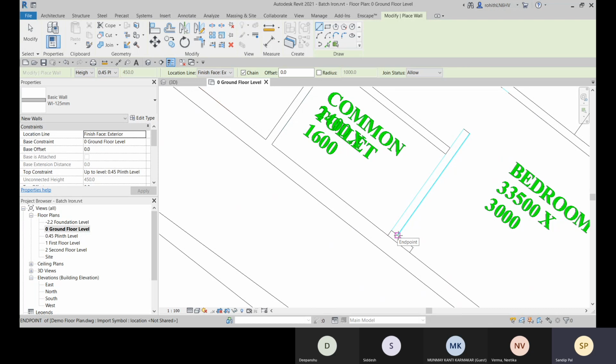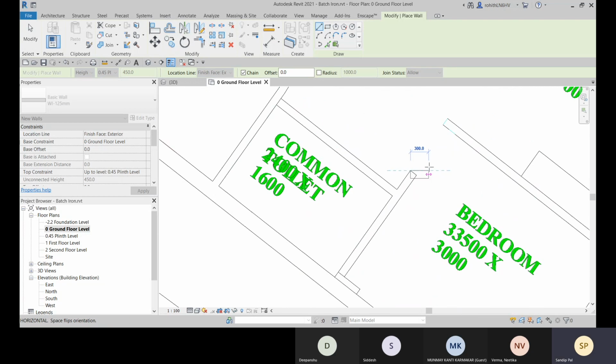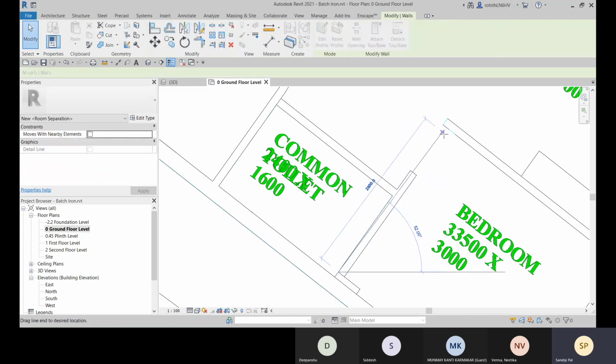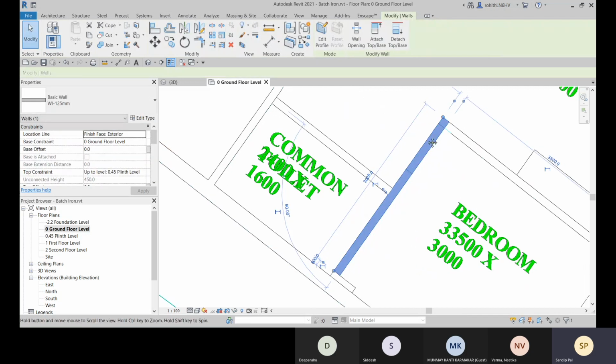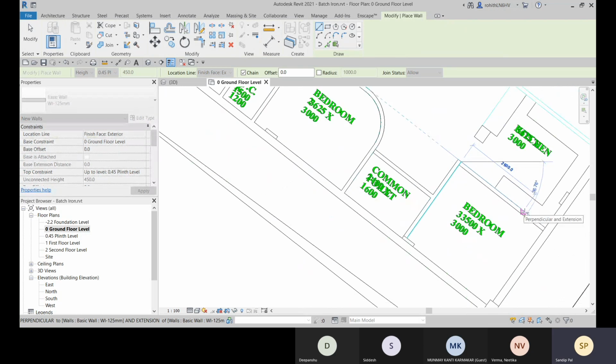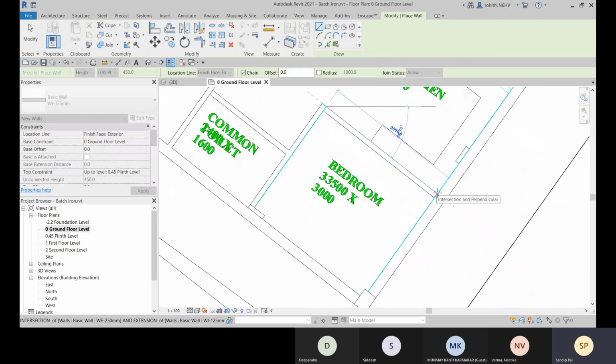Now let me continue from here. If it is not properly oriented, you can press the space bar to orient it, or you can press escape and then start placing again. Okay, so it will be placed till here. So what do you do? Press escape twice, then drag the end point till here, and then go for Create Similar. So let's start placing from here till here.